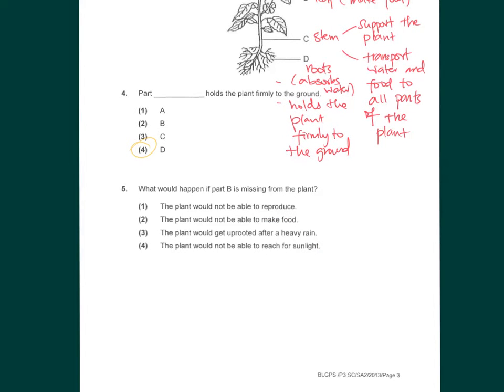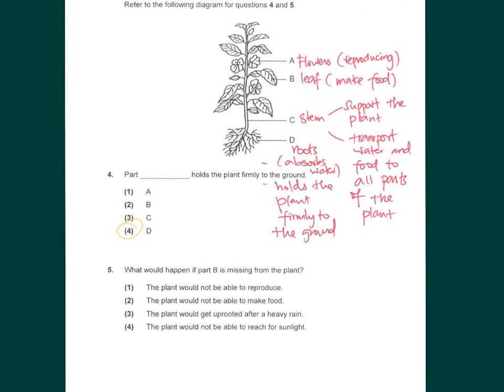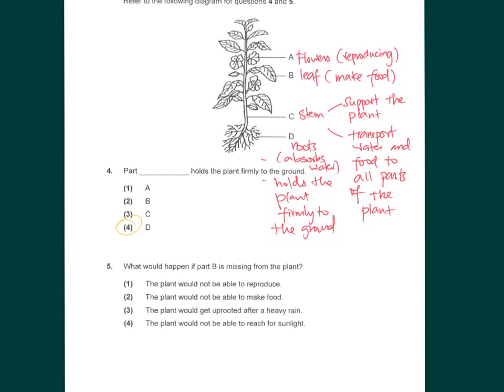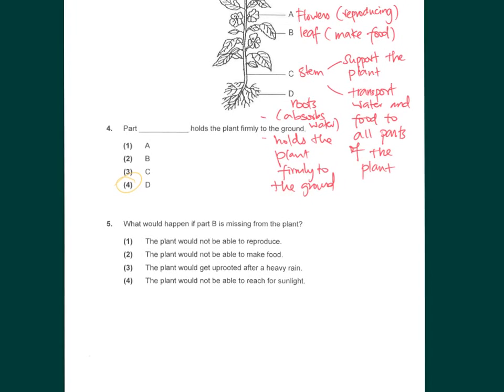Question 5, what will happen if part B is missing from the plant? Now if you take a look, part B is actually referring to the leaf. So the appropriate answer here is, let's take a look at option 1. The plant would not be able to reproduce. No, the role of the leaf is not to reproduce, it should be the flowers. The plant should not be able to make food. That is true, right? So the leaf is able to make food for the plant through the leaves